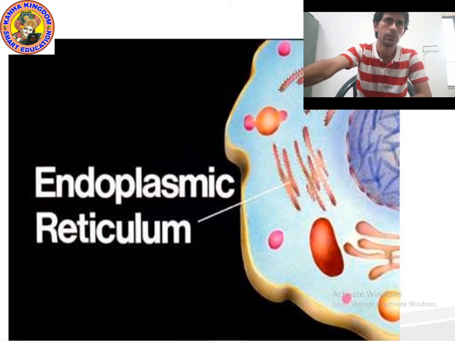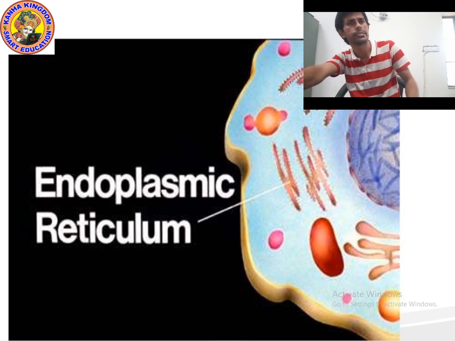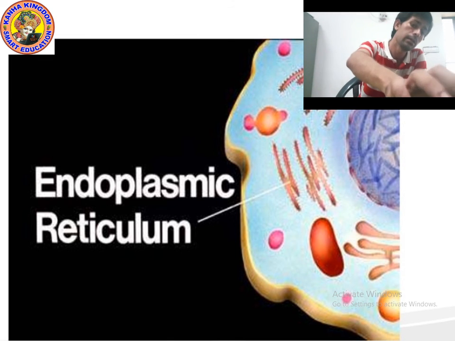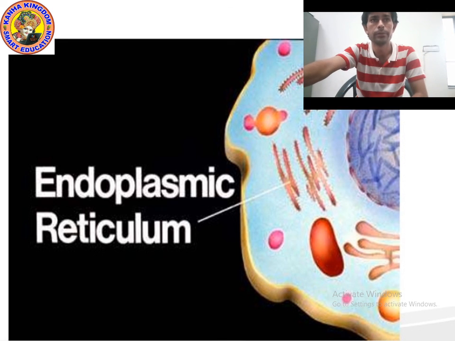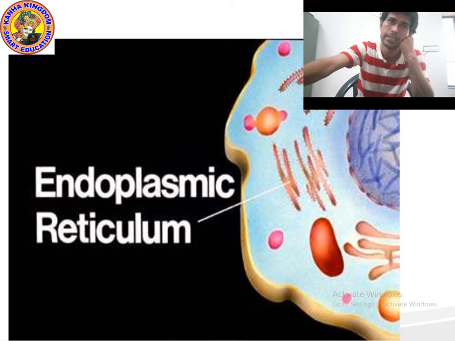Kids, you know that it is located around the nucleus. As you can see, the nucleus is in purple color. Can you see the picture of the nucleus in purple color? It is located just around the nucleus of the cell. And how does it look? It looks like a large network-like structure, like long tubules.